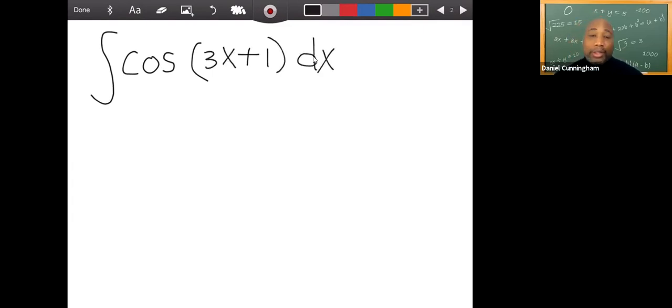You say, wow, Mr. C, that is just not the cosine of x. I can't do that. But if it was the cosine of x, I can do it. But since it's 3x plus 1, then we use something with U-Substitution. Or you may be able to integrate functions like this. Let's say you have x cubed plus 1,